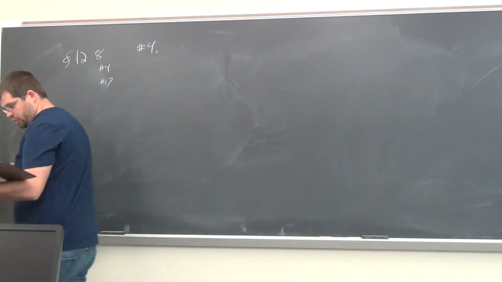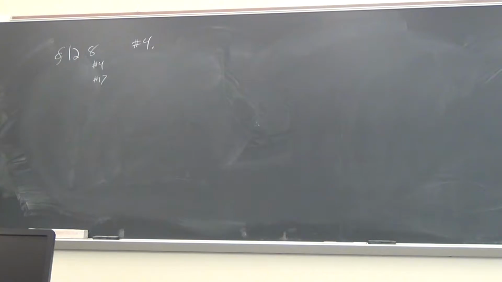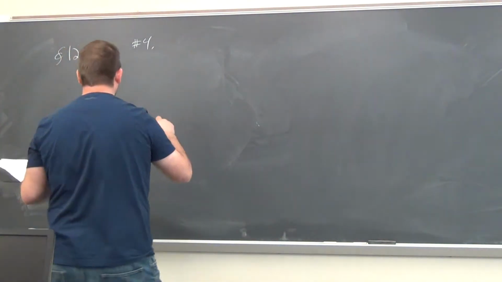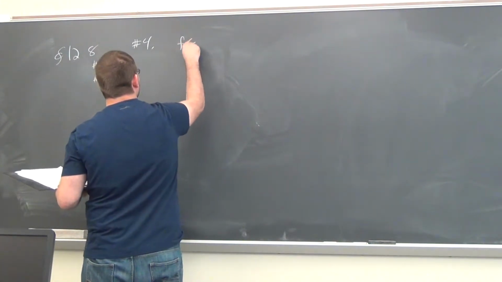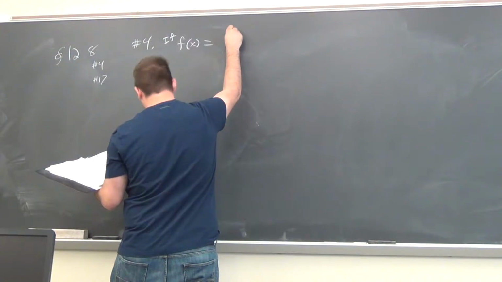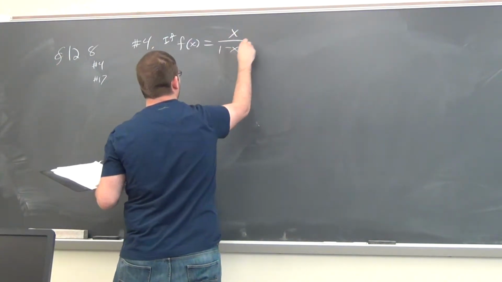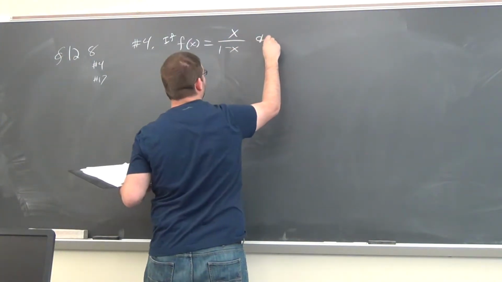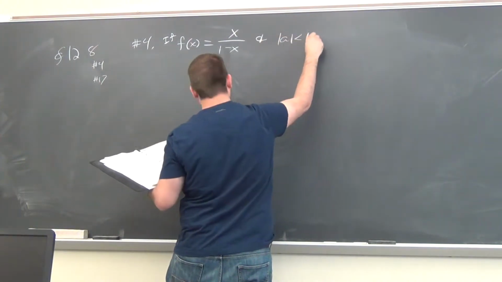Okay, so homework questions from 12.8. The first one that was asked here is number 4, and it's a true-false question. I'll just write it up like this. If f of x equals x over 1 minus x, and the absolute value of a is less than 1,